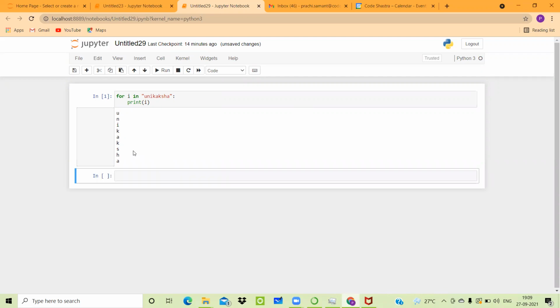If you don't want your output to look like that, then you can simply write for I in Unikaksha, print I, and after that you can simply say end is equal to this space.